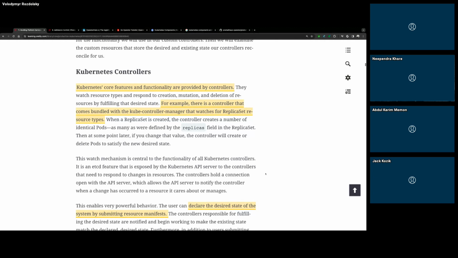Okay, so I'll just try to put my thoughts there. An operator is nothing but a controller plus some additional operational knowledge about the given tool.